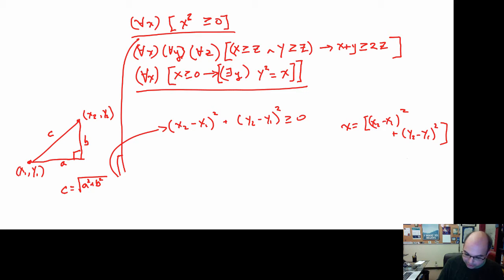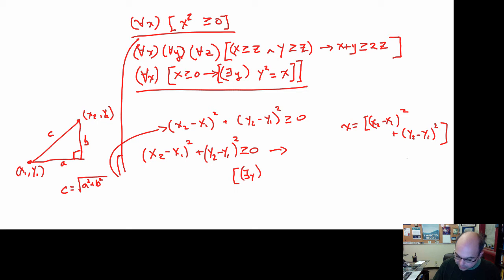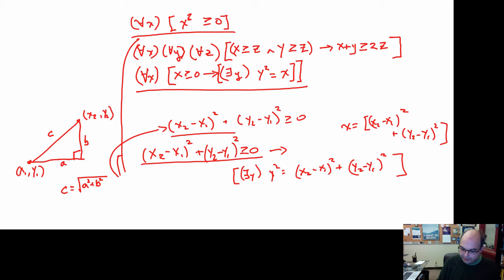And so now I have the theorem that says that if (x2 - x1)² + (y2 - y1)² is greater than or equal to 0, that implies that there exists a y such that y² is equal to (x2 - x1)² + (y2 - y1)². This hypothesis we actually have right here. We already proved that. So remember that this is not hypothesis or conclusion. Hypothesis is actually true, so we'll be able to derive from that